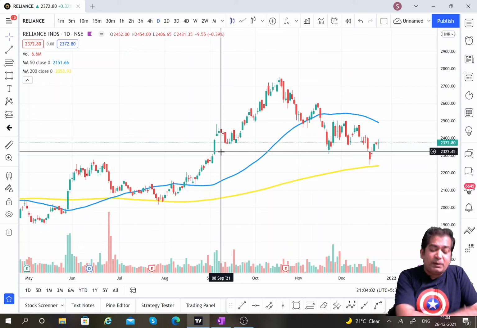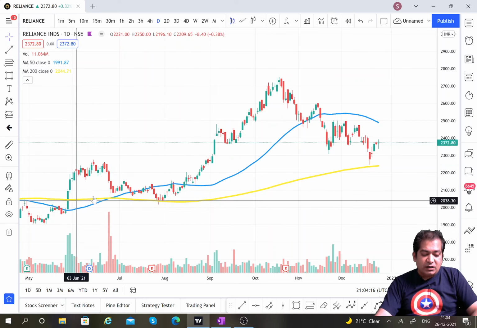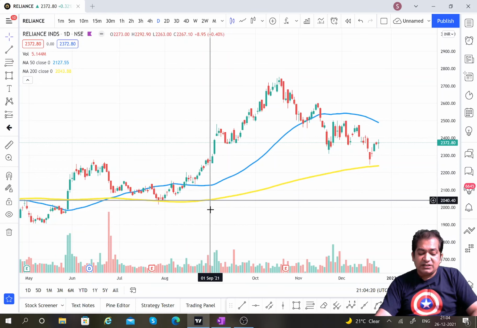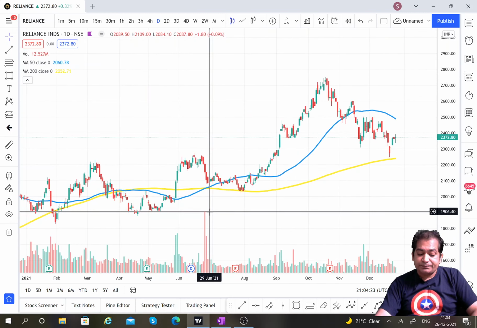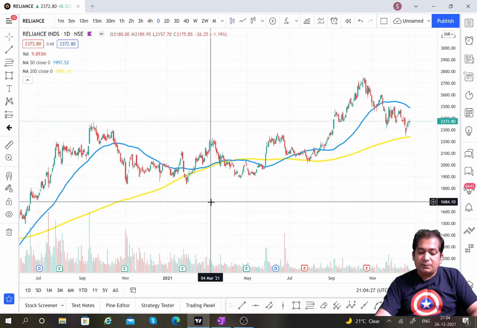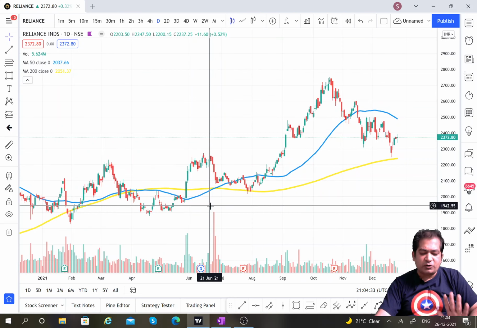But when you should buy, that's the question. To take a buy decision, we will use multiple moving averages into consideration. Now many people say, and that is wrong basically, that when you see a crossover between the 50 and 200 moving average, you take a trade. But it may not work out all the time. In that case, you will end up losing money. So do not take the crossover into consideration. It may work, it may not work. I have lost a lot of money using this crossover.